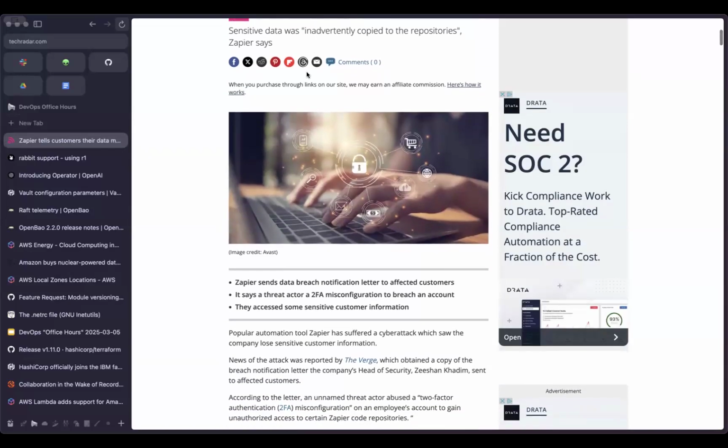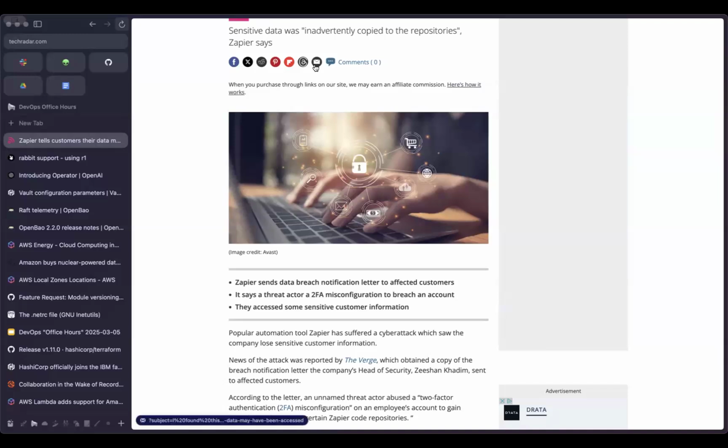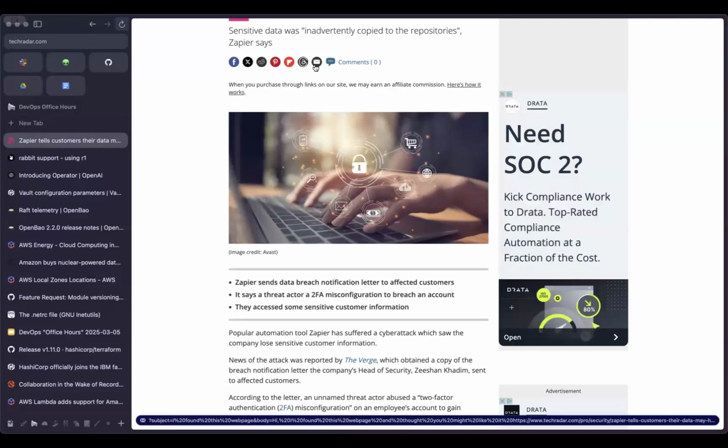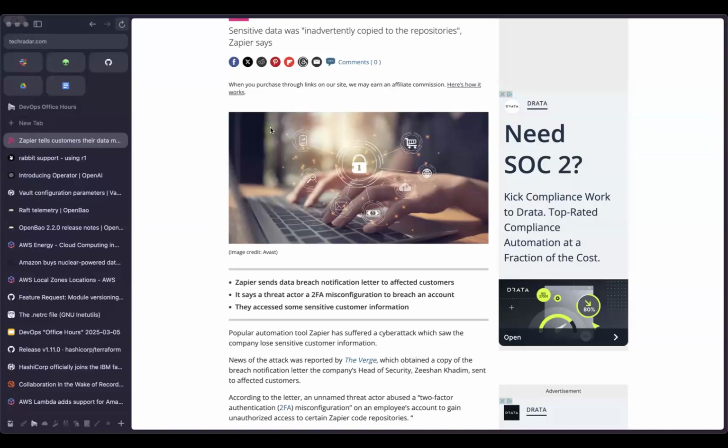They copied some customer configurations into their source code, presumably for testing or debugging, and that actually had customer identifiable information. So that's what they mean, that some customer information might have leaked. I have to trust that they didn't copy in customer secrets and things like that.